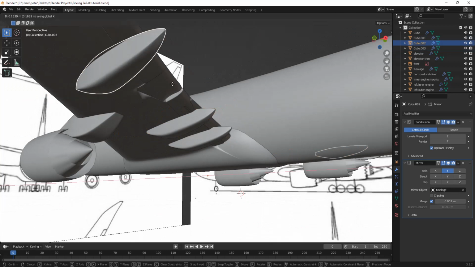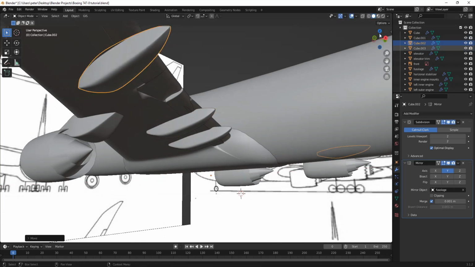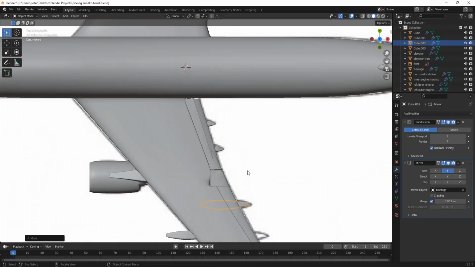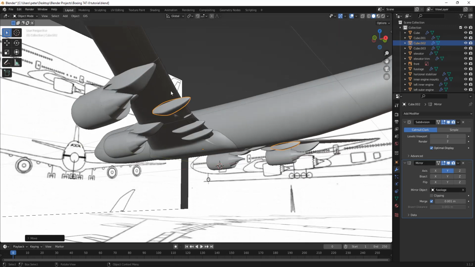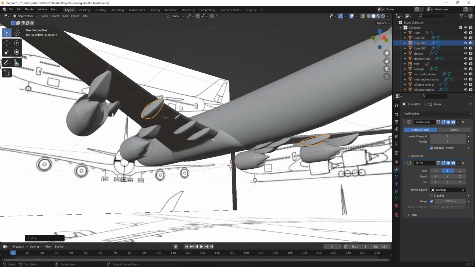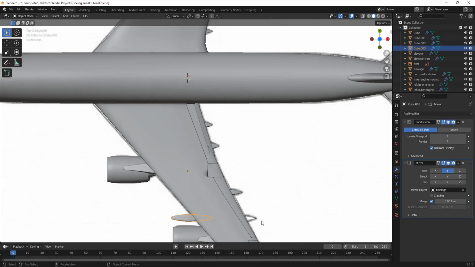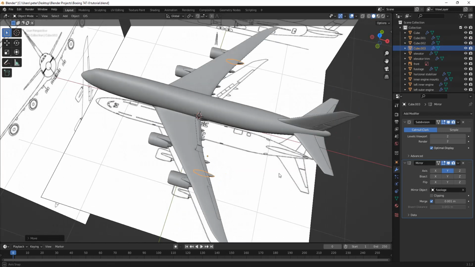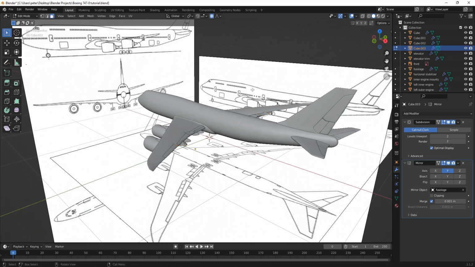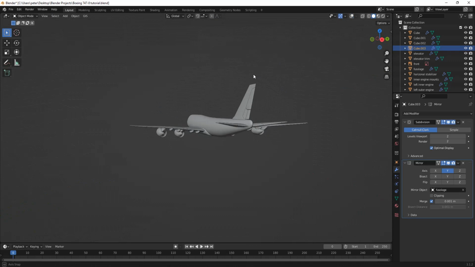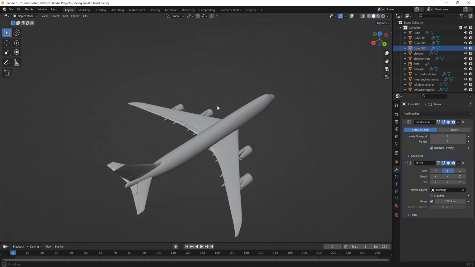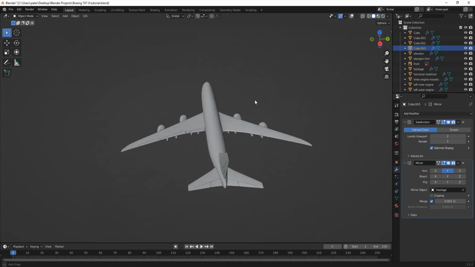G, X, move it out. In fact, I need to see how far I am moving these. I've been eyeballing it pretty well. But, okay, this last one's going to come out again. Yay! Alright, our 747 is looking like a 747. And it's definitely looking a lot